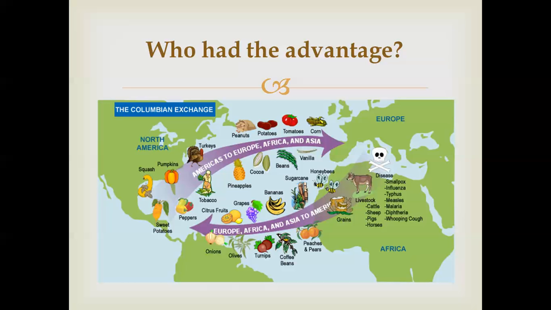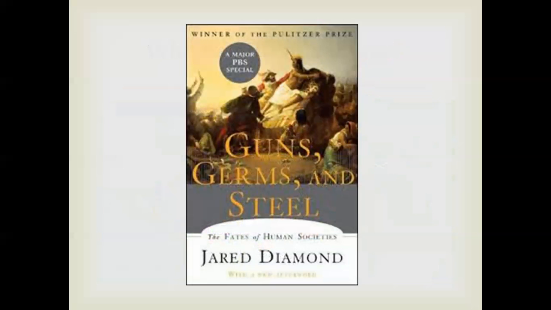Now, as I said, there are some downsides here. Europe had a number of advantages before coming over to the New World, coming over to the Americas. A number of advantages, many of which really had to do with location. This is actually addressed in the book Guns, Germs, and Steel by Jared Diamond. And in this, understand that what he's talking about isn't